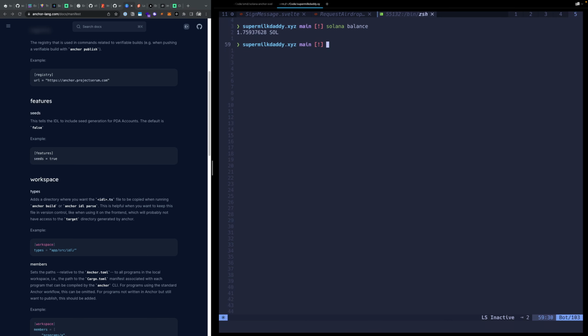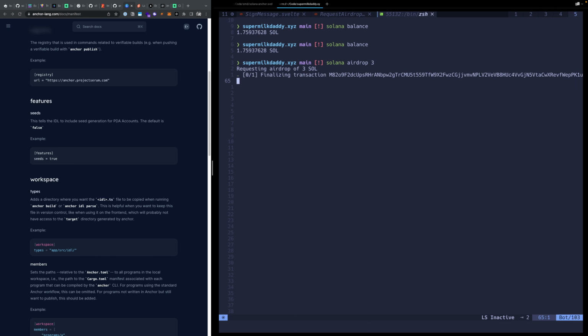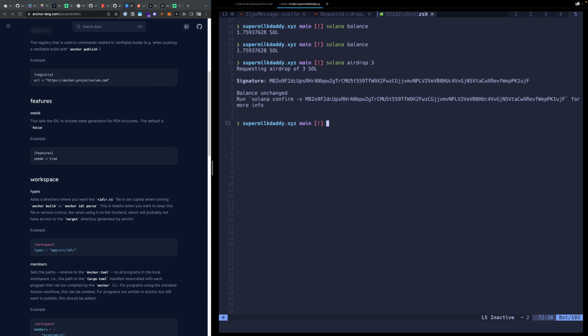I'm about to deploy stuff, so I was just checking my balance, because it costs some money to deploy programs on Devnet, even with the test validator locally. So I think it's just a solana airdrop. Yeah. So let's do v3. See what happens. Balance unchanged. If I do solana balance,